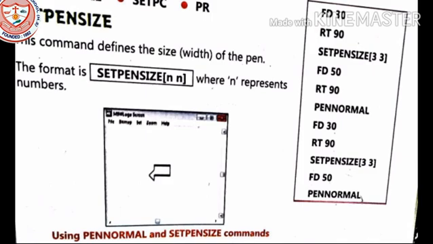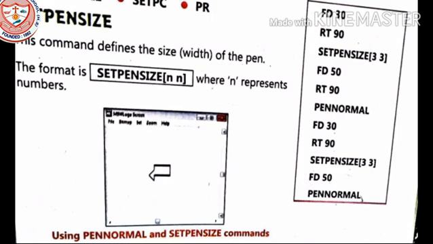See over here, one example is given: FD 30 RT 90 set pen size 3, FD 50 RT 90 pen normal, FD 30 RT 90 set pen size 3, FD 50 pen normal. After set pen size, if you need a normal pen, you do pen normal and then normal drawing will start.